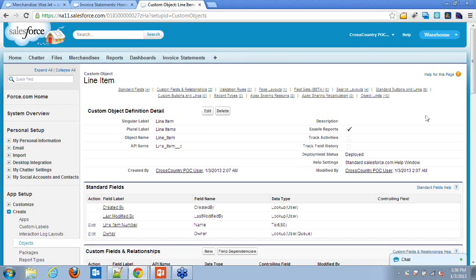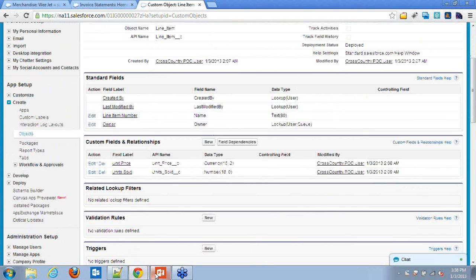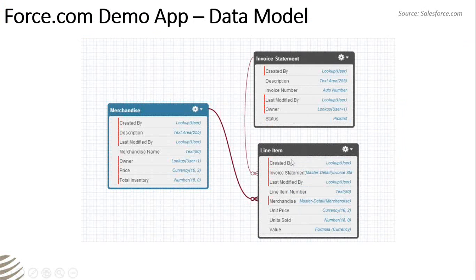So we are almost done with the objects creation, and let's now add the relationship. So from this you can see you have this line item is related with